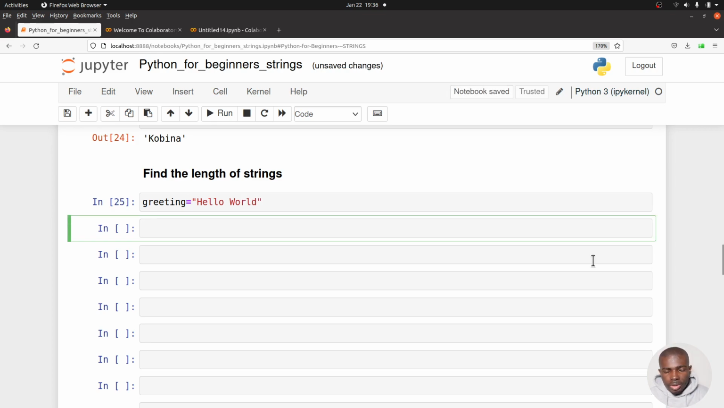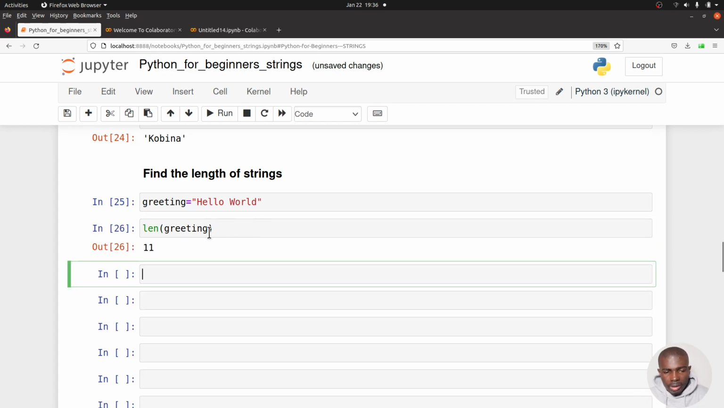Now, if I want to get the length of this string, or the number of characters that make up this string, then I have to use the len function. So I can say len greeting,